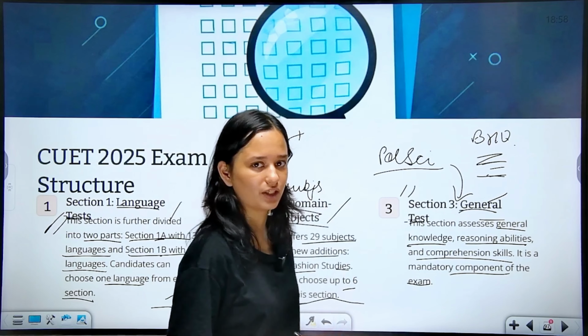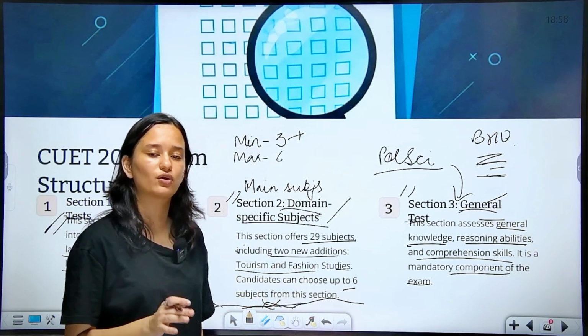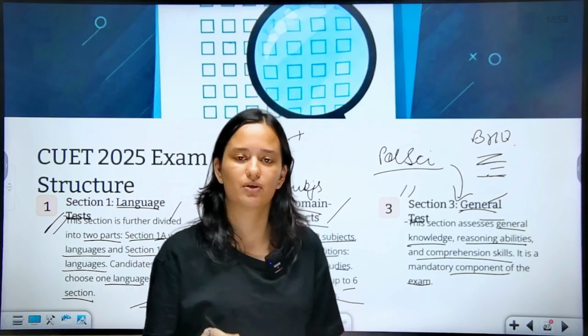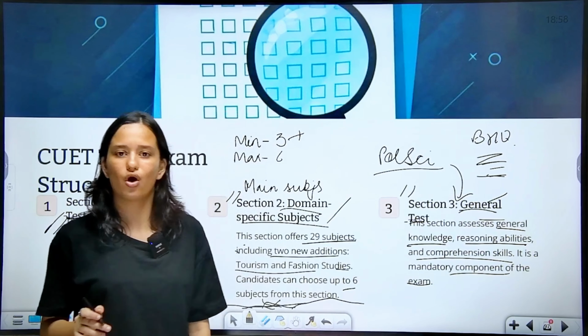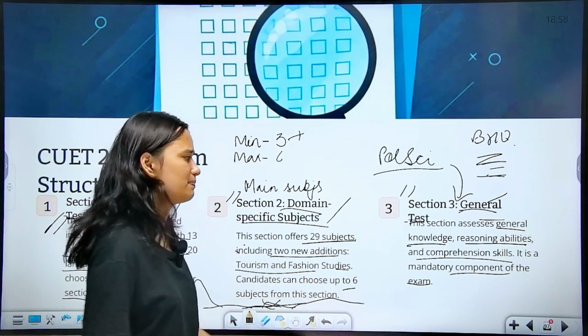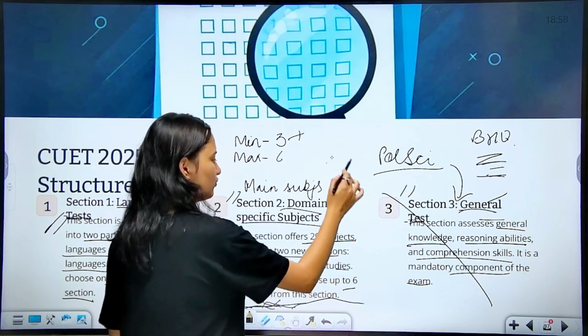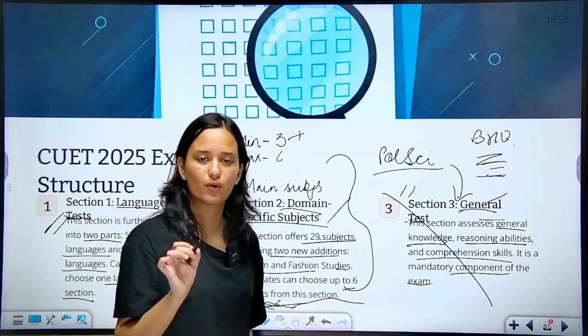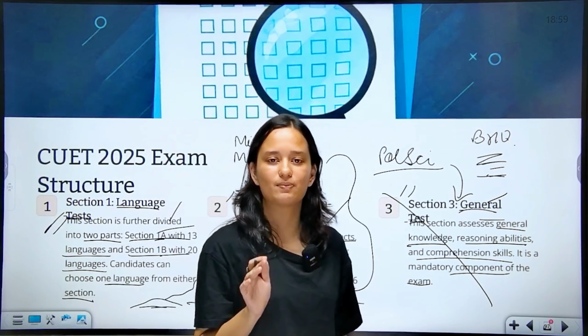So it's very important that you must look into that so that you have a better understanding of what the subjects are, what test papers you have to give and which test papers you don't have to give. Because you should not spend unnecessary time on the subjects. I did not spend any time on general tests. So my main focus was on these 2 domains. So you must keep in mind not to spend time on unnecessary things, and you must focus on